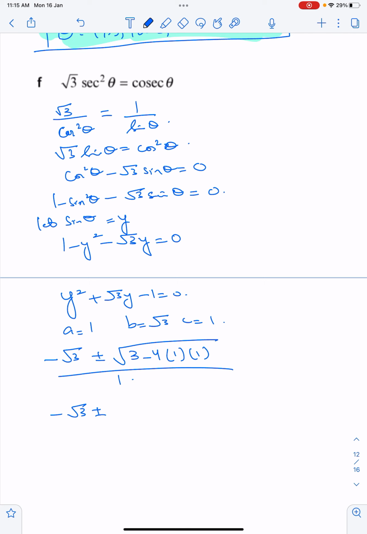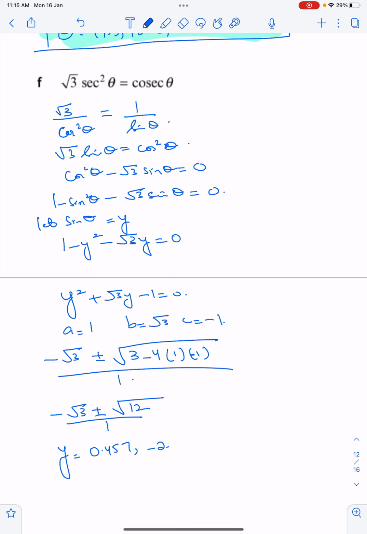Okay, let me solve this with the calculator first. C is a negative 1, so here it's going to be a negative 1 plus minus 3 plus 4 is 12 upon 1. So, I'm just using the calculator right now. The two answers which I am getting are y equals to 0.457 and